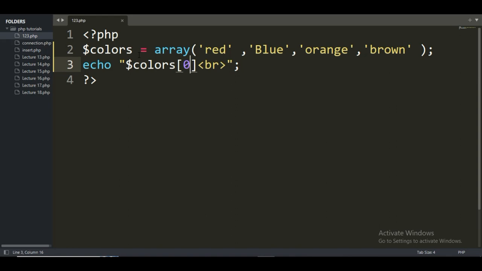As you see, I have declared one variable named colors, and I stored multiple values. I stored red, blue, orange, and brown. In the result, as I cannot display the whole array, I just said display the zero position. Remember, arrays start from zero. These numberings are called indexes: index 0, index 1. So red is 0, blue is 1, orange is 2, and